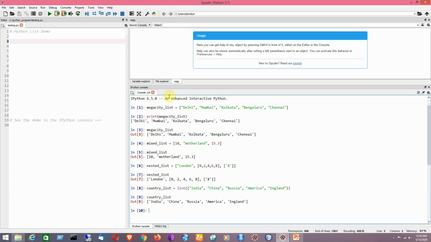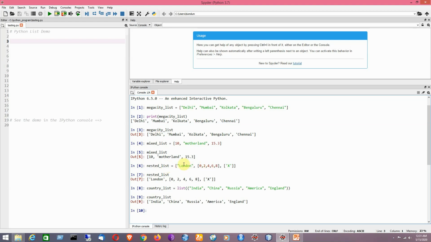Like in the first example, I have created a list representing all the elements of the same type, like string type. In the next example, I have tried to create a list by using different data types. Then I have tried to create a list within a list.